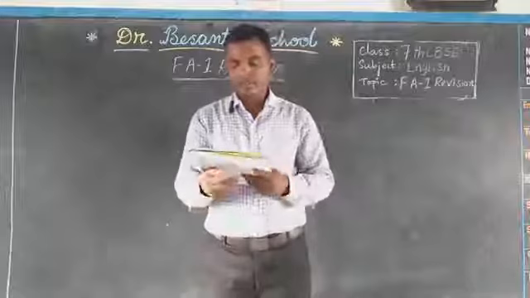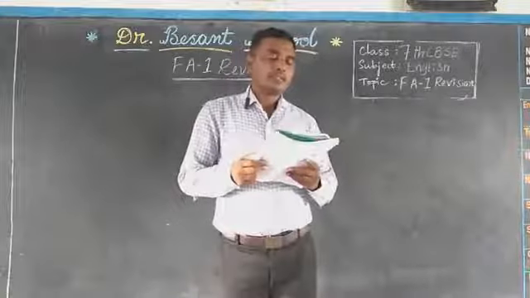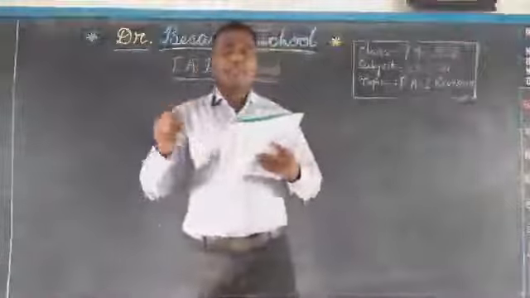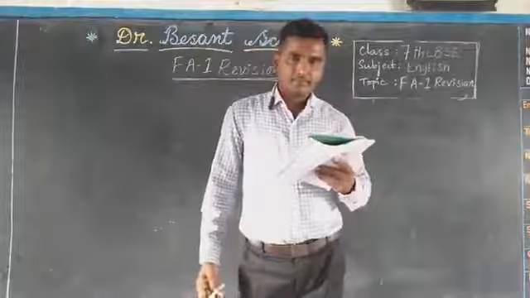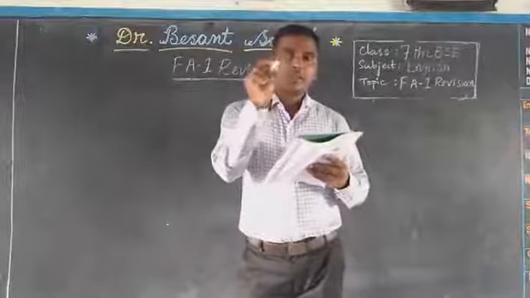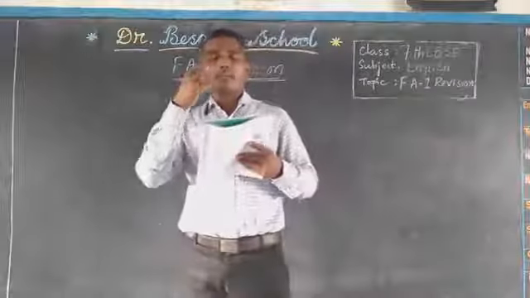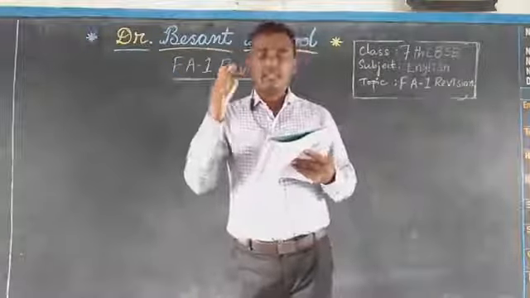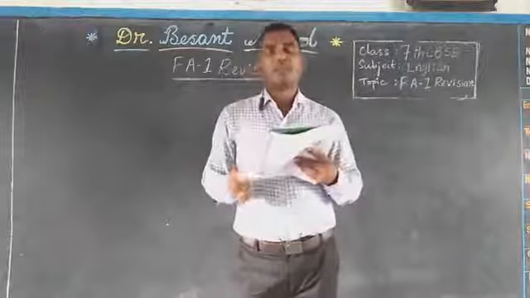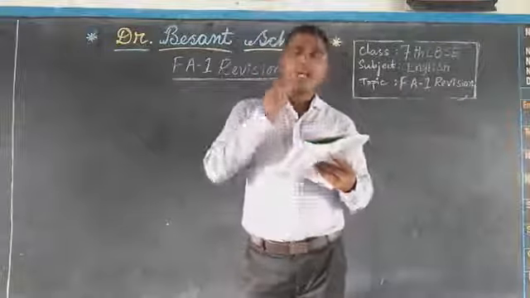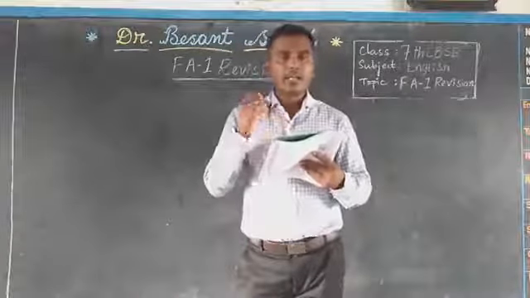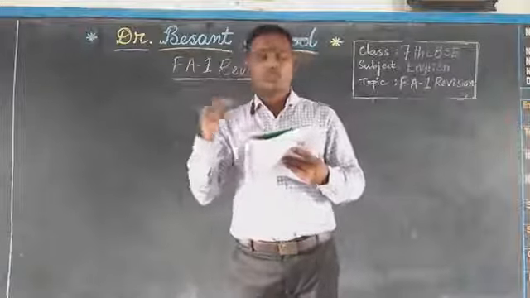Come here. See the next page, page number 8. Children, page number 8. Let us see. My mother and me went shopping on Sunday. So, error part, me is underlined. My mother and me, is it right? My mother and I is correct. Okay, you have to use a personal pronoun. Right, children? My mother and me went shopping on Sunday is wrong. My mother and I is correct.